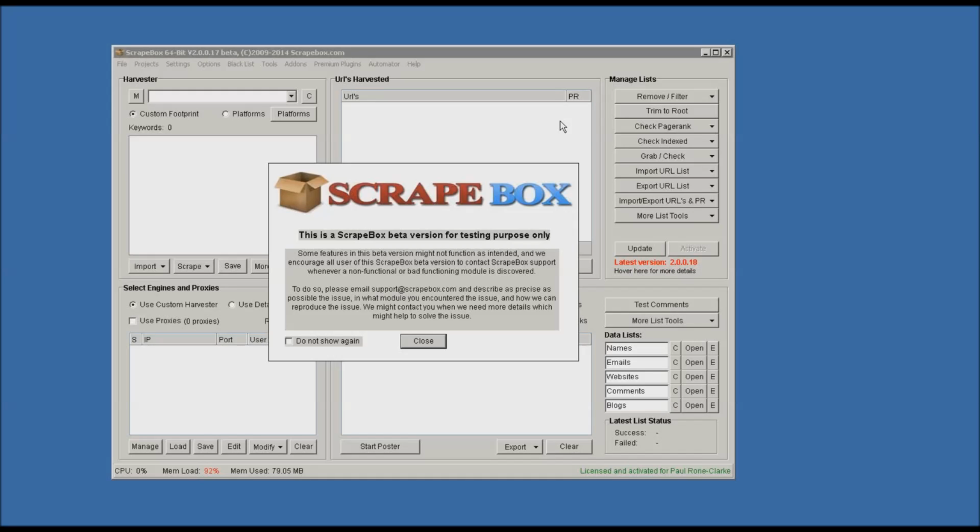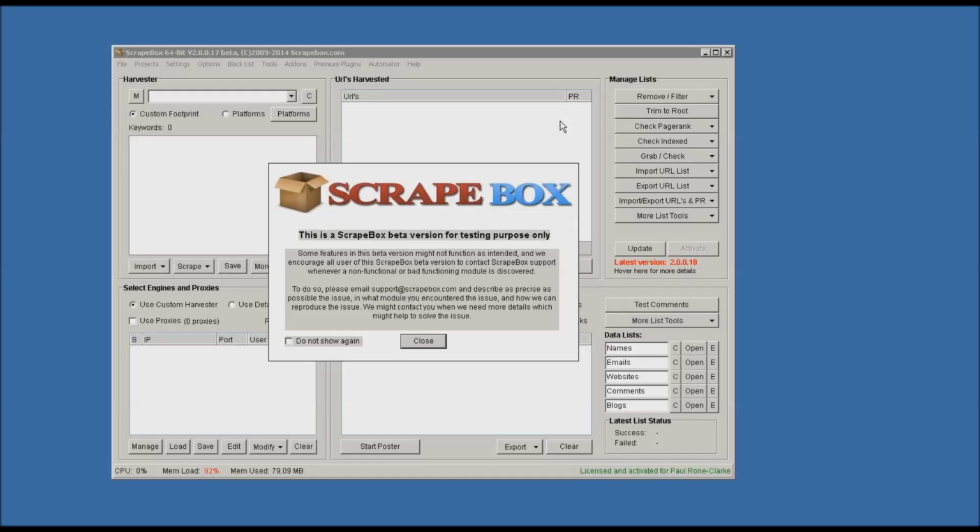I run Scrapebox on a server, and I just like to get the most out of my server, so I turn off all the themes and all that kind of stuff. So this looks pretty Windows 98 or Windows ME or whatever. But it's just because my servers are remote. I pay for servers all over the place, and I'd just like to get some power out of them, really. The graphical interface doesn't add anything. But anyway,